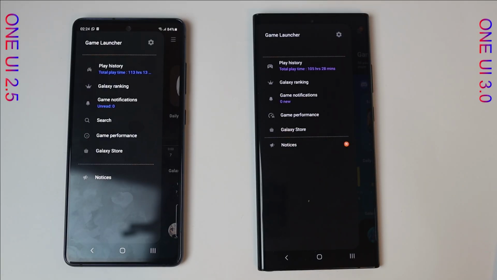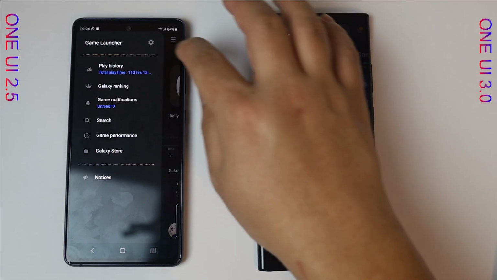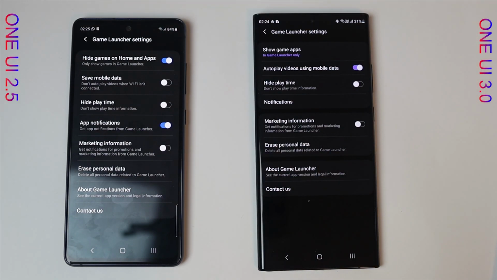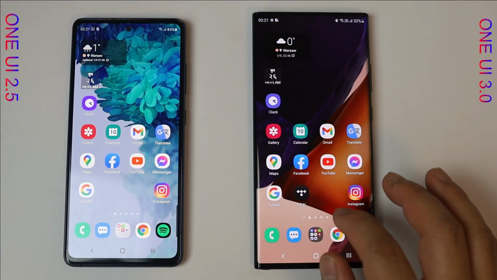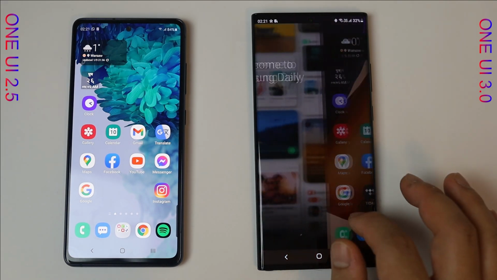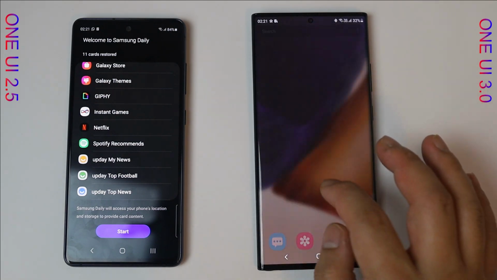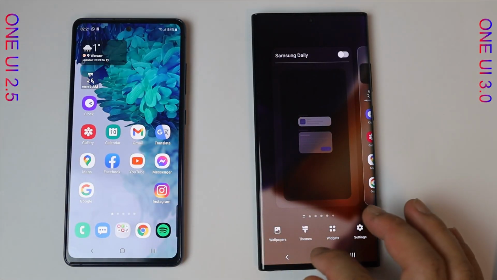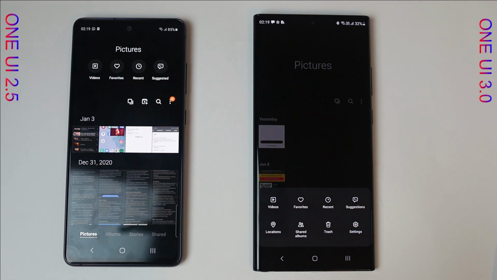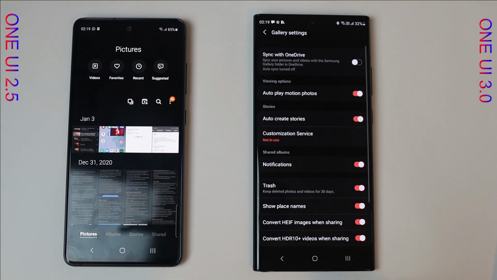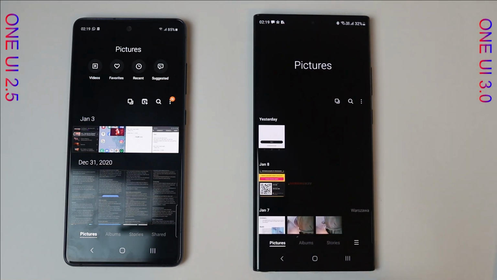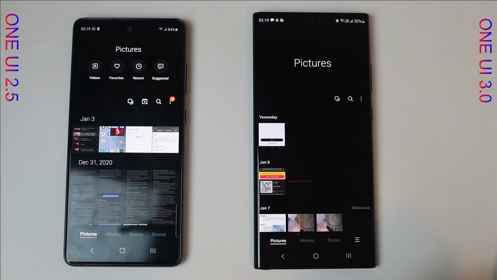Secondly, there are just a few changes in the game launcher menu, but nothing special to offer in One UI 3.0. In Samsung Daily, it is still the same thing going on, so I will keep it locked up. I wish we could change it to the Google Home button or customize it a bit. In the camera department, there are not many changes, so I didn't give much focus to it. However, Samsung claimed to improve the autofocus and exposure on the Galaxy S20 series, so there is not much to say for the Note 20 series.